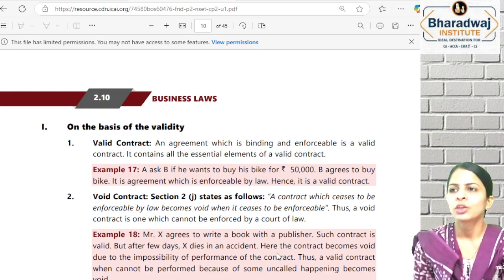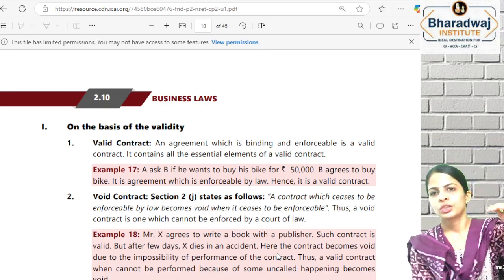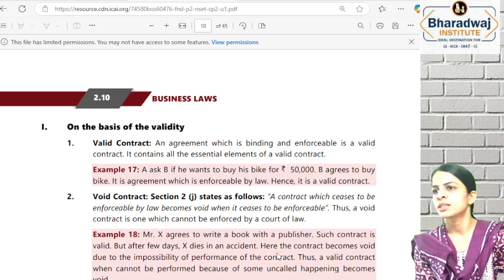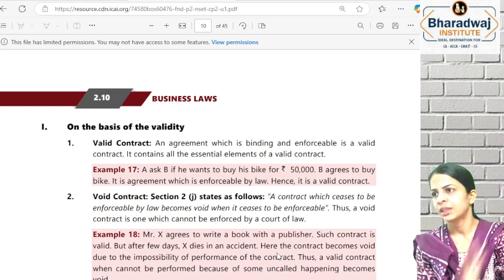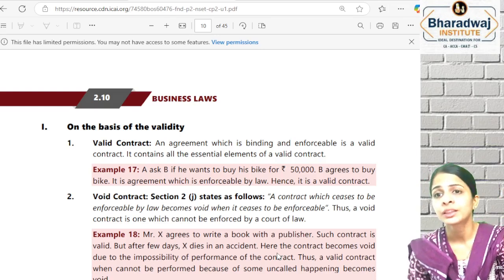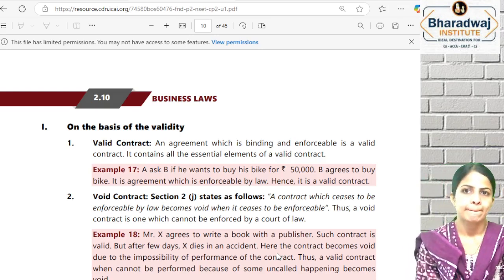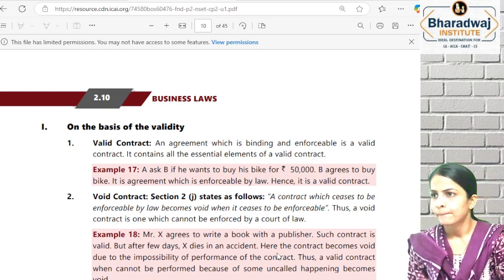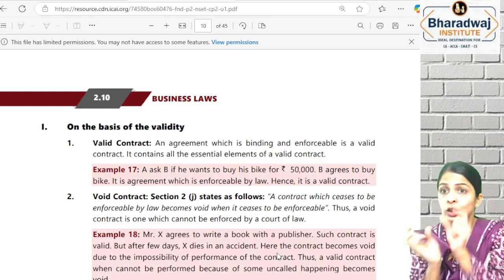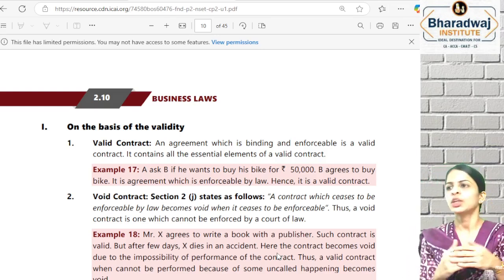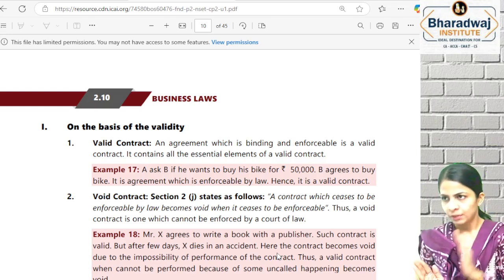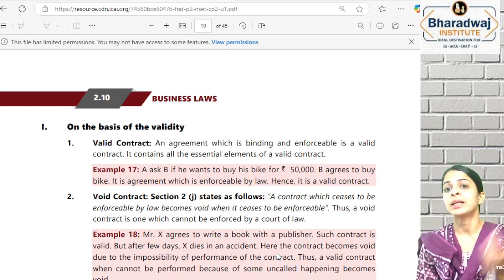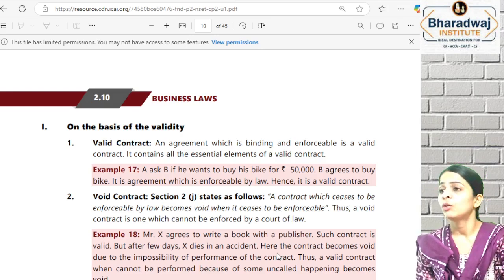Now, valid contracts are what? Those which have covered all the essential elements given under section 10. It is a valid contract. Void contract: initially when the contract was made, it was valid, but subsequently it became invalid. That is void. How? For example,